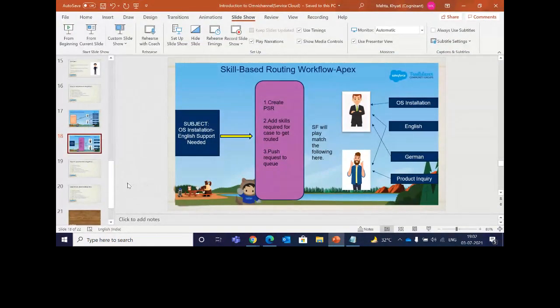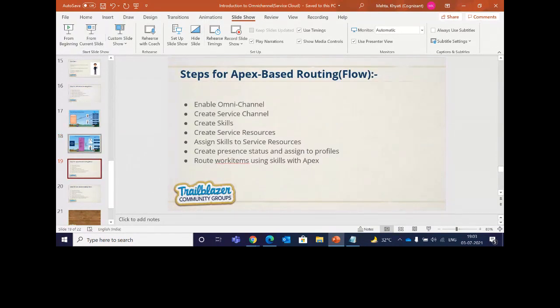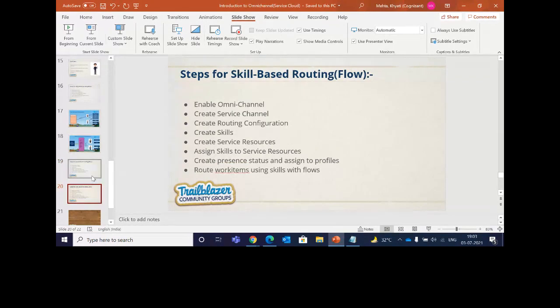Rahul, do we have time to move on with the flow version as well? We are a bit out. If you want, we can carry on. I don't think flow will take more than 15 minutes. If you want, we can go. 15 minutes is perfect. Yeah. I'll just give a quick demo. Yeah, we can go for it.